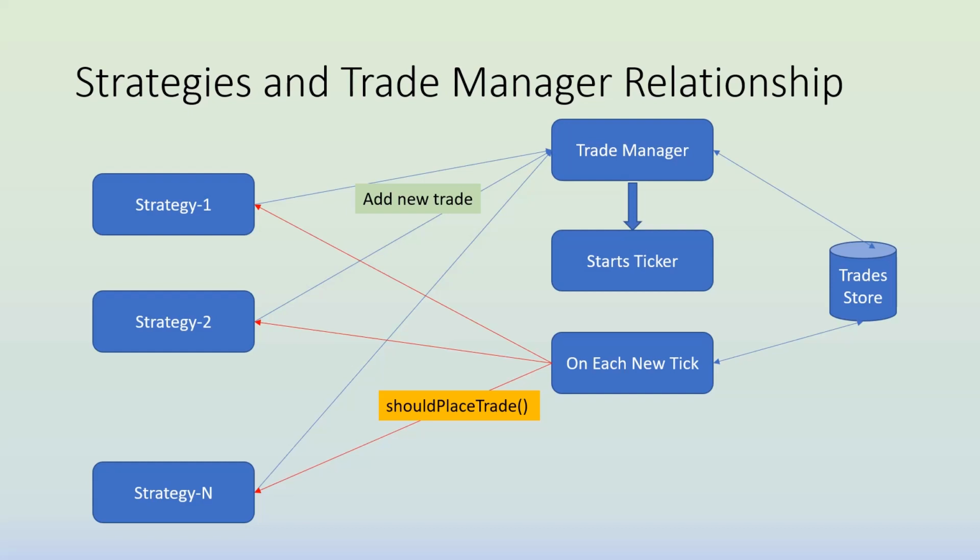Already shown in the previous videos what is the data model we maintain inside a trade. So when a strategy creates a trade, it will hand over the trade to trade manager. The trade manager will store all these trades inside a trade store. We just have a static variable inside trade manager called trades. It's a list of trades, right? So each strategy can generate its own trade and give it to the trade manager.